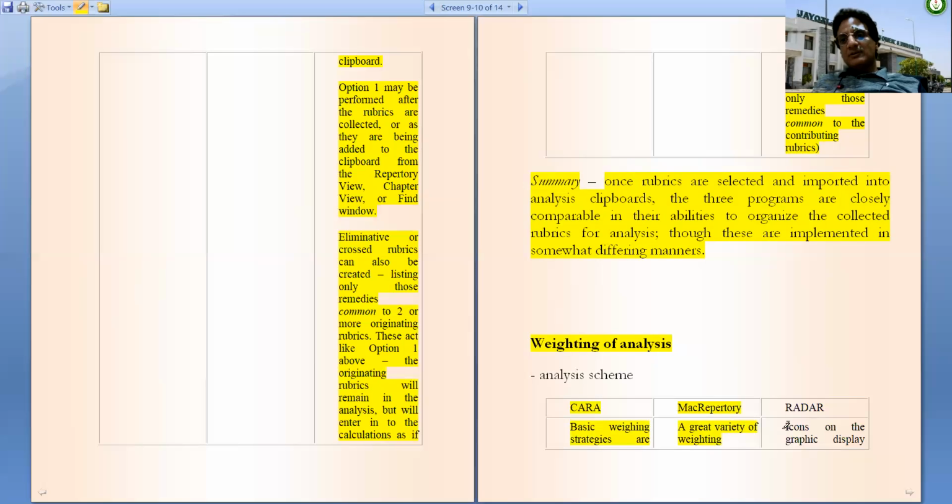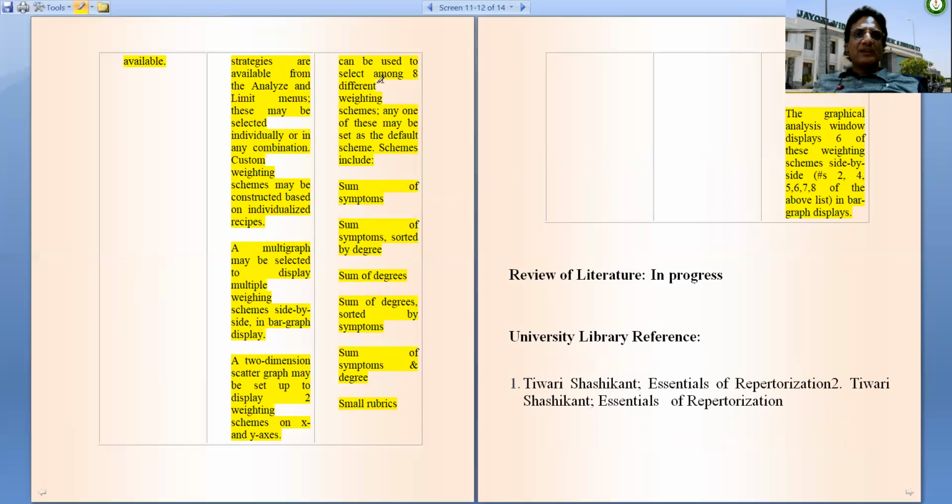In Radar, icons on the graphic display can be used to select among 8 different weightage schemes. Any one of these may be set as the default scheme also. And these schemes are sum of symptoms sorted by degrees, sum of degrees sorted by symptoms, sum of symptoms and degrees, small rubrics, small remedies, prominence, the graphical analysis.